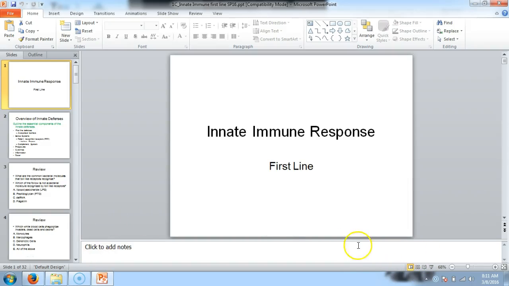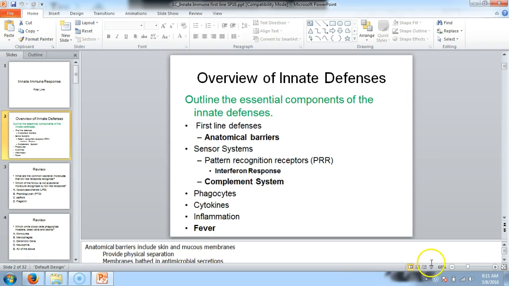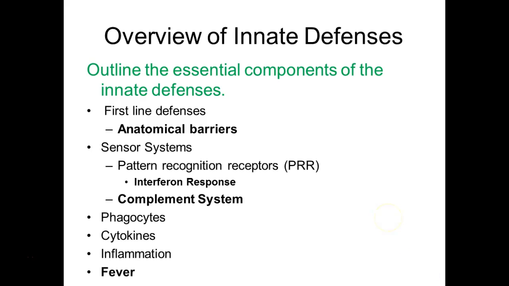All right, so the first line. So I'm actually starting at the beginning of the chapter now. I know we've jumped around a bit. So one of our objectives is to outline all the essential components of the innate part of our defenses. And so the first line defense is your anatomical barriers, and I should have here